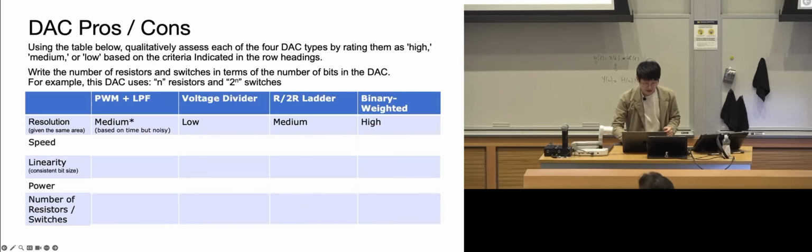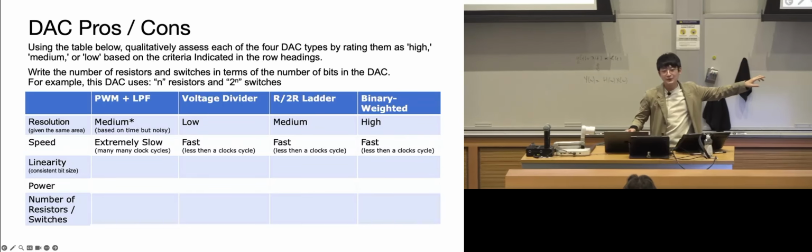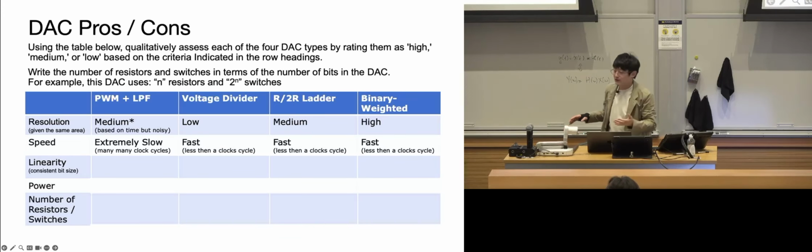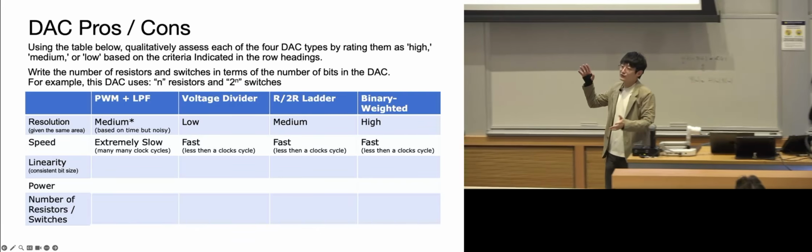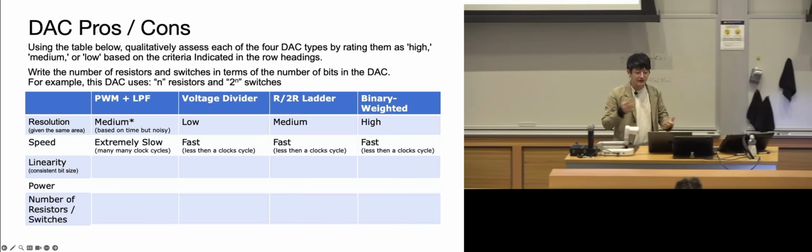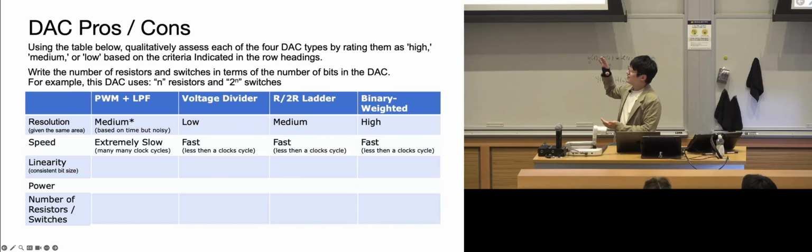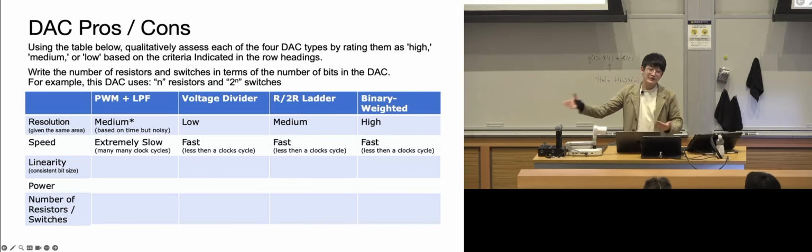Okay. So how about speed? Which one is fastest? Which one is the slow one? I think we talked about this. The latter three are essentially just one cycle, so they're pretty fast. And the first one, the PWM, takes various cycles to generate the desired PWM, and then the RC charging time, and a few here, a few there. So these add up to make it the slowest of all, very slow compared to the other three because it needs so many more clock cycles.